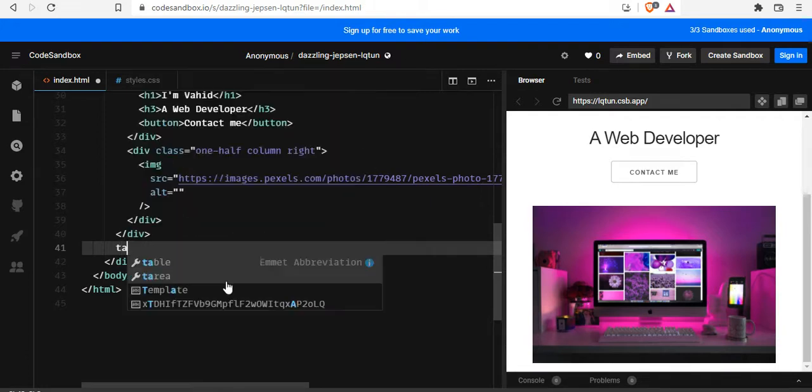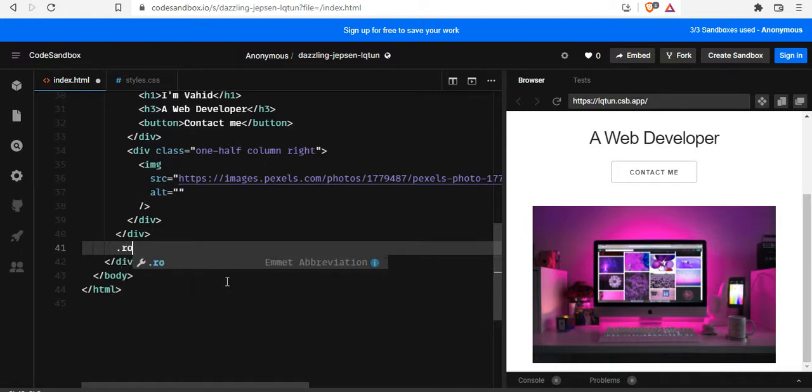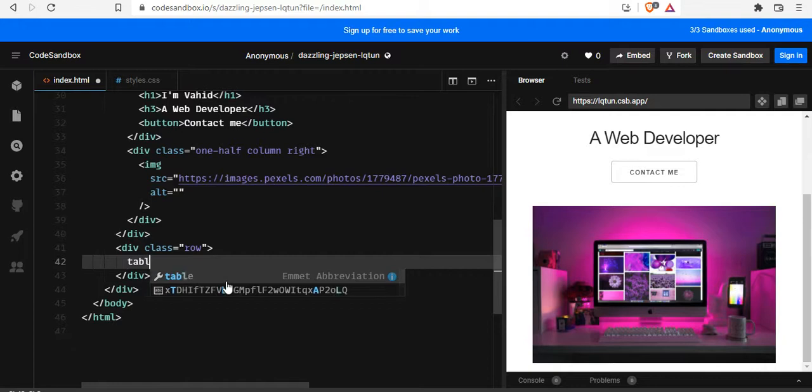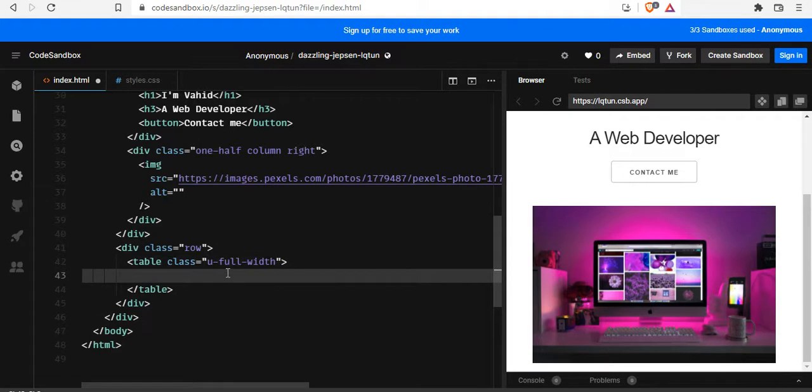So the table, let's create a row first, and then inside the row let's have a table, and the table is going to occupy full width. So we would say u-full-width,